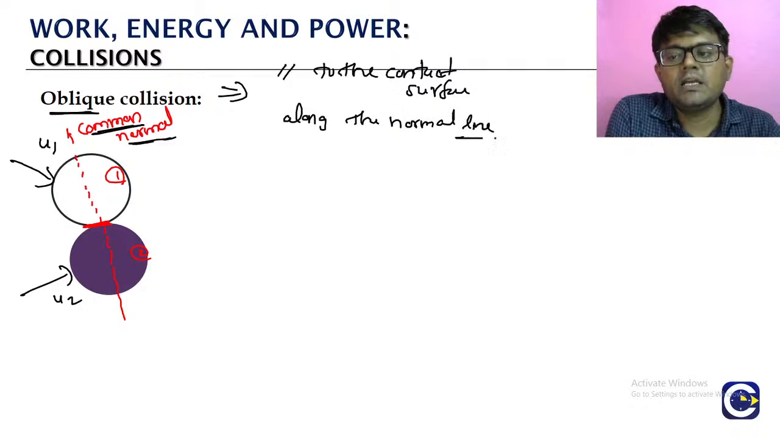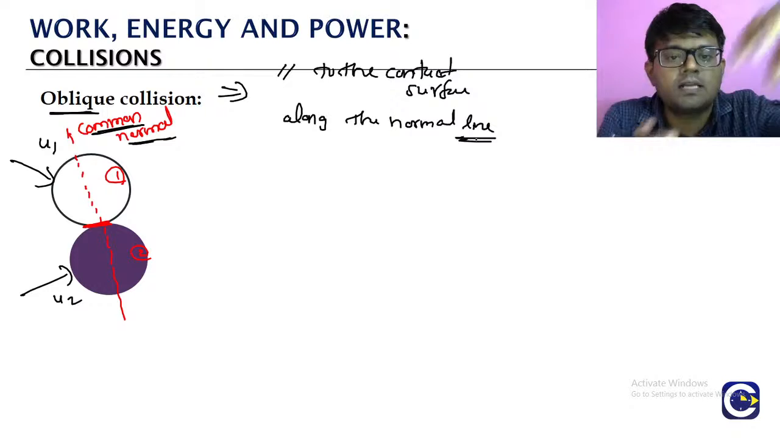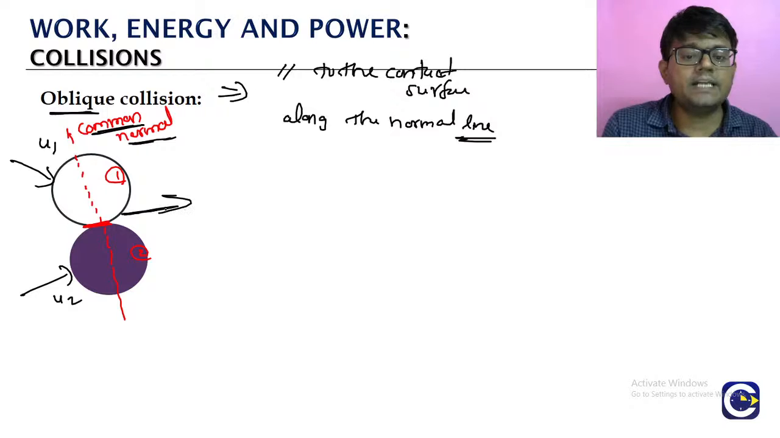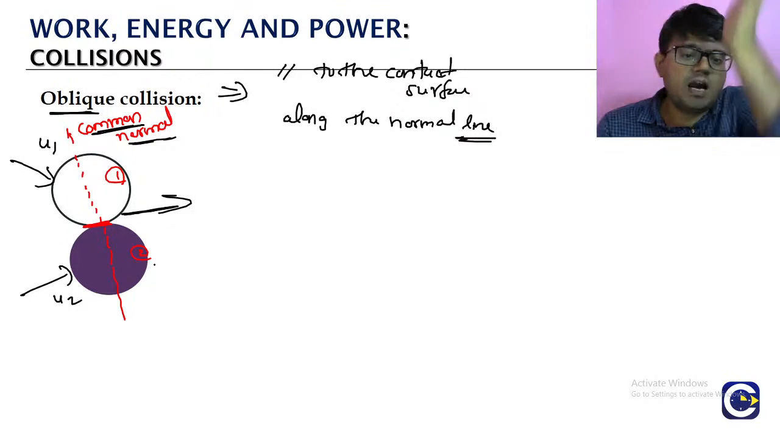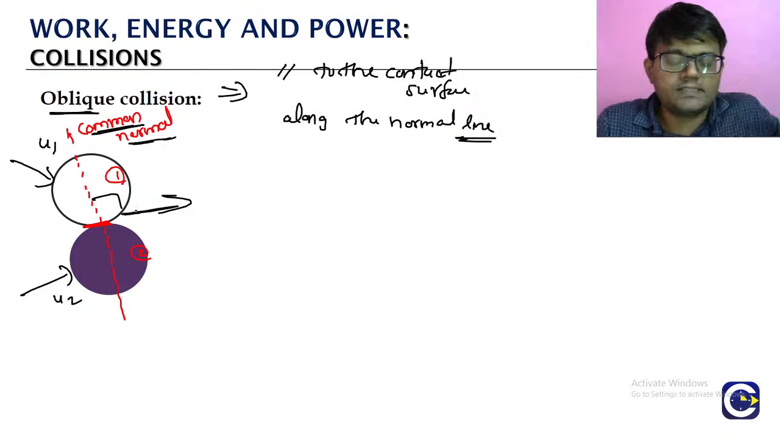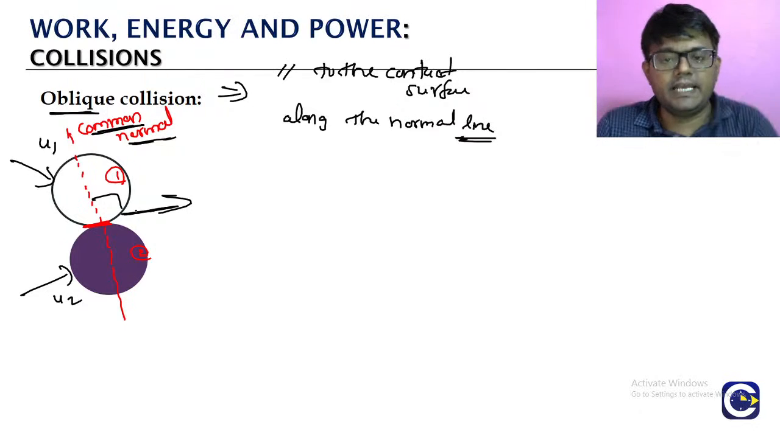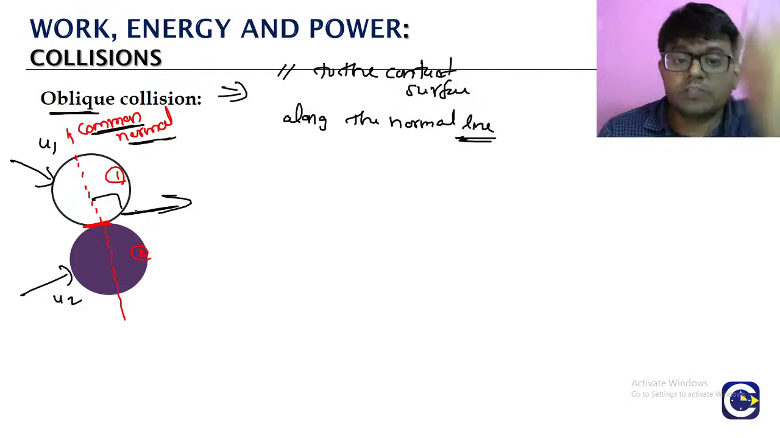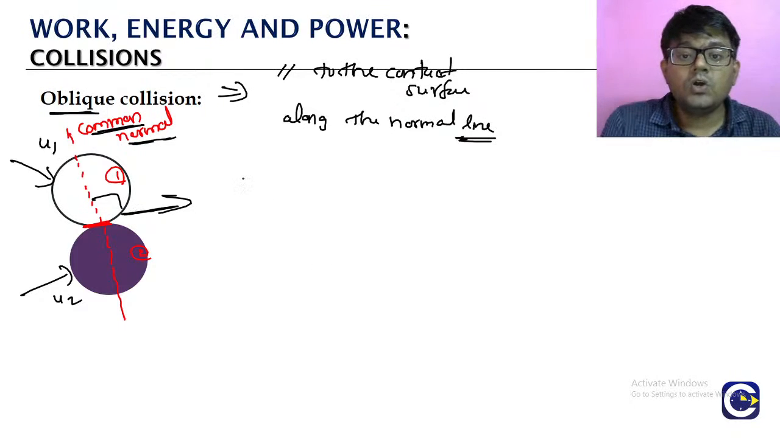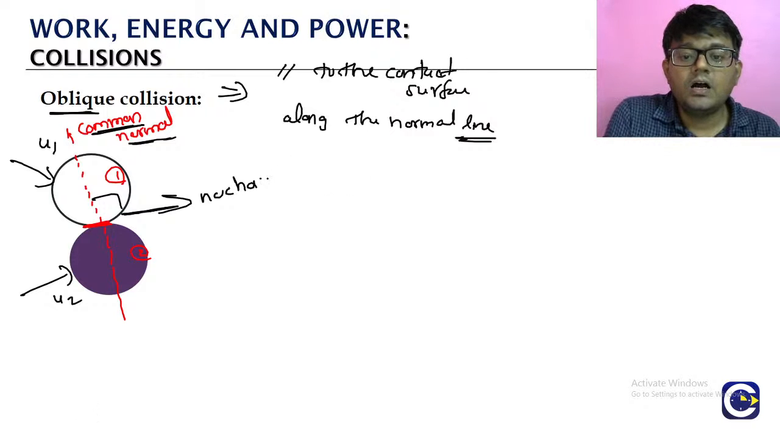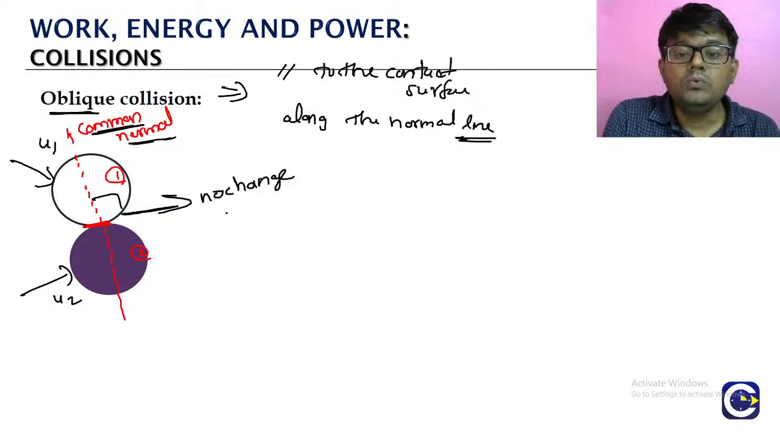So we can take the velocities of the particles that are colliding into components. We can resolve them into two perpendicular components. One is the component parallel to the surface. Second is the component along the normal line. Impulsive force is acting along the normal line. So, the very important point about the oblique collision: no change